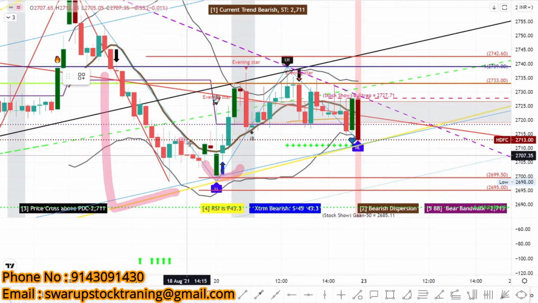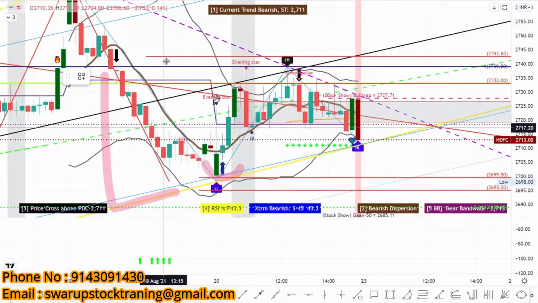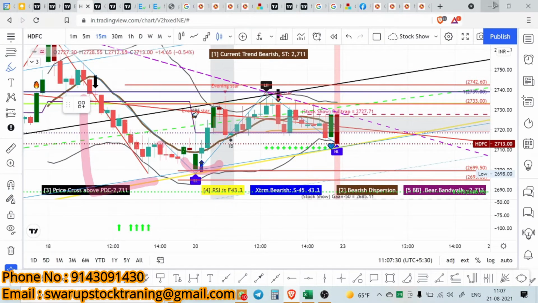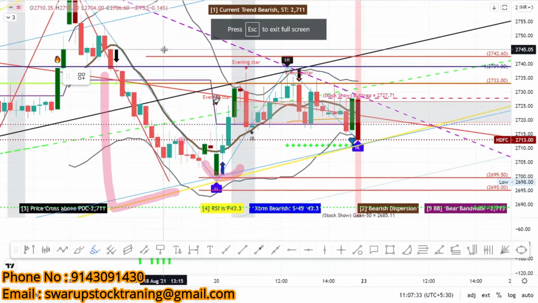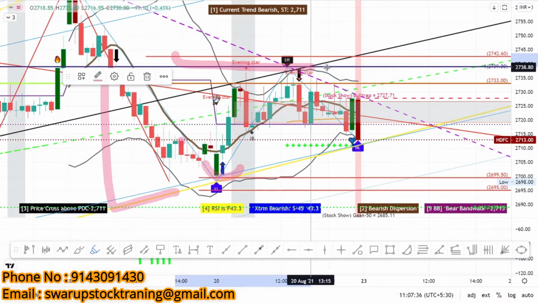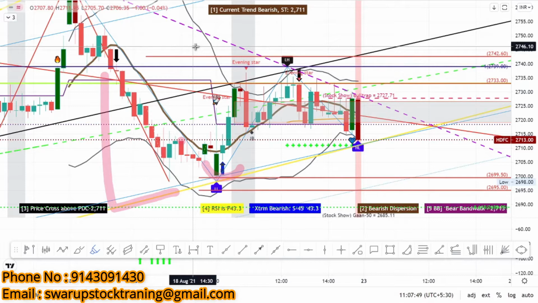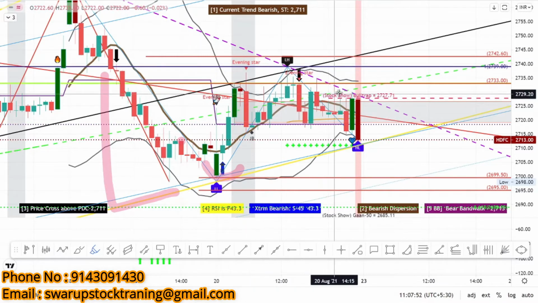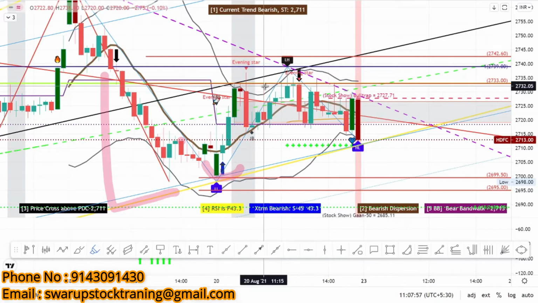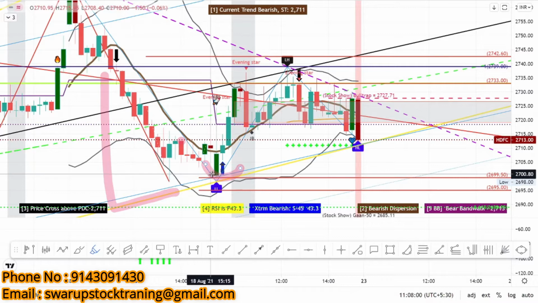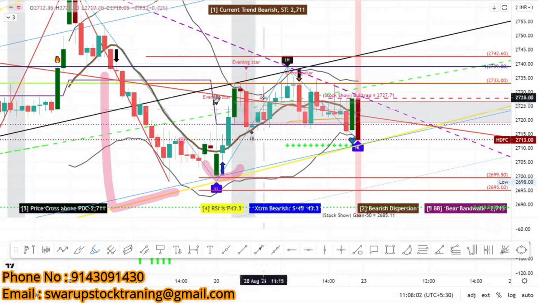When you are at this level, you know this is the level from where your entire bear trap line will start. This is the zone of your bear trap line. So you can see exactly. Let me again delete this line. This is the line where you are also getting a long-term resistance, as well as a bear trap line. So the moment we bought,